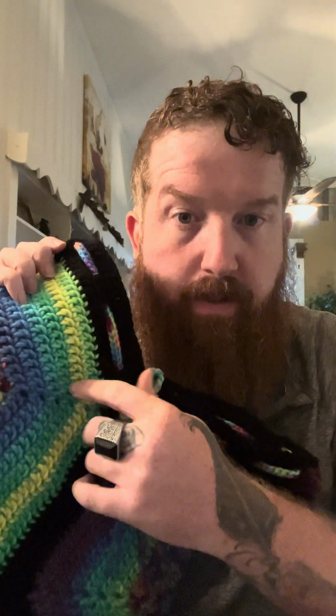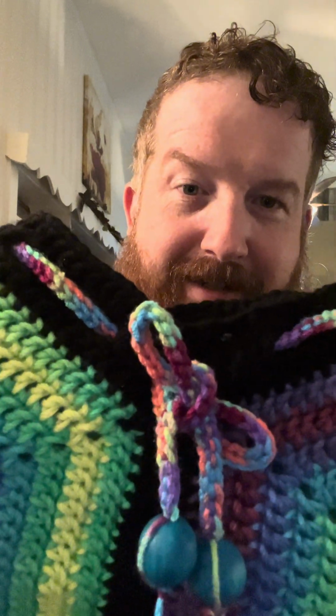The one thing I would do, since her pattern called for, I believe, a 3-weight yarn, and I was using a 4, so I increased my hook size to account for that difference. And so overall my blocks and things that I eventually stitched together were bigger than what hers were in the pattern. But what I didn't account for is the length of this cord. So I did get the cord made, but it is shorter than what I would have ultimately liked,